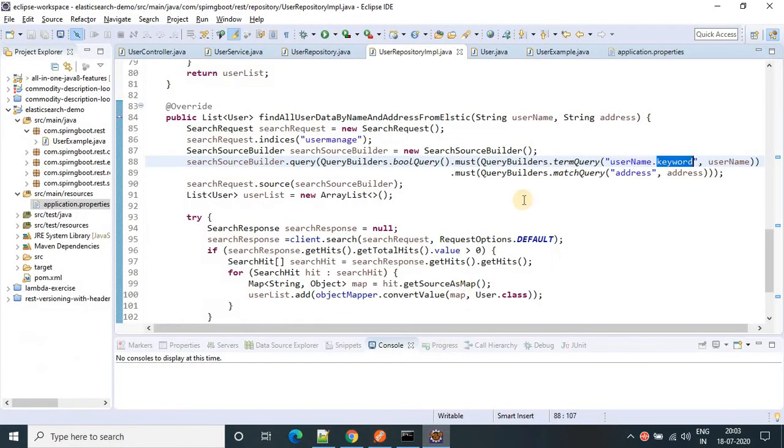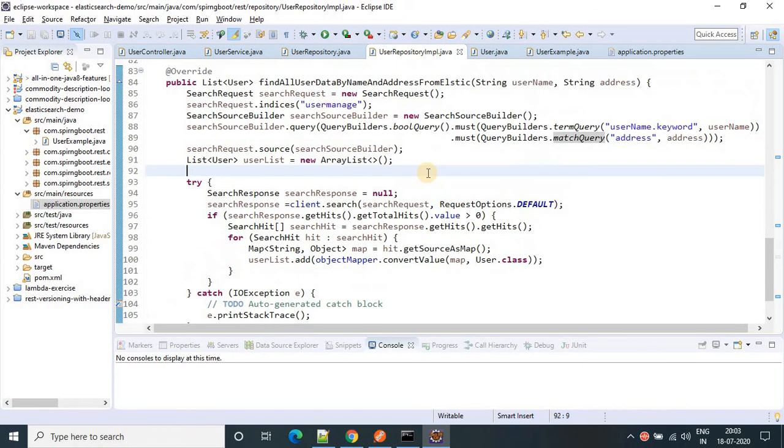If you want, you can use them. If you have duplicate records, then you can use them. If you don't, then no need. It will work on match query also. That's why I used match query here. Now let me run this application and we'll see whether this is working or not.